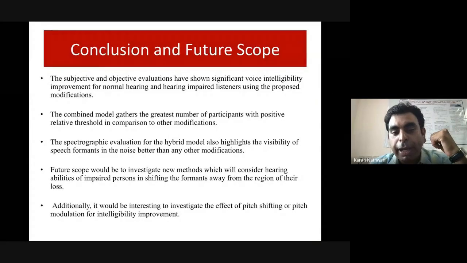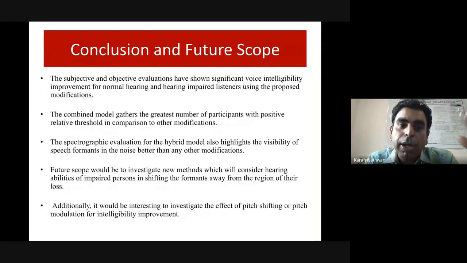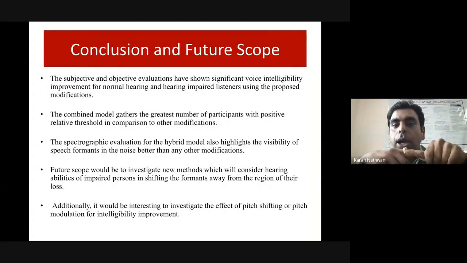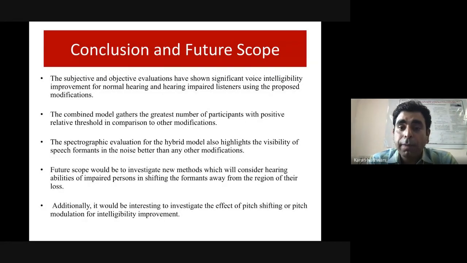Echo has not been taken because we have just played in terms of noise. Echo would also be an additional thing which we may look into in the future. If you're interested, someone of you can take this problem, like how reverberation behaves in a noisy, open environment, in a room where a lot of echo comes.